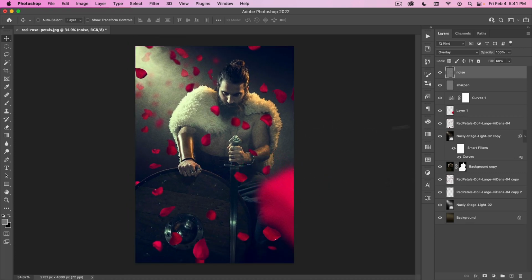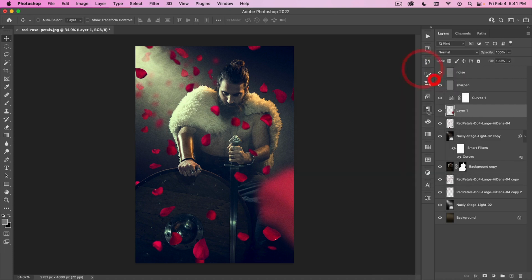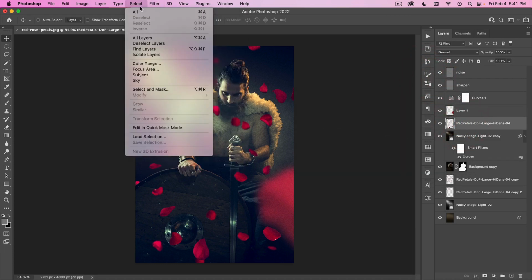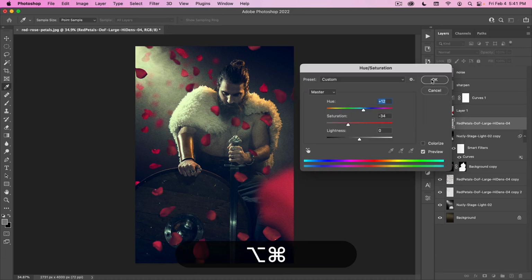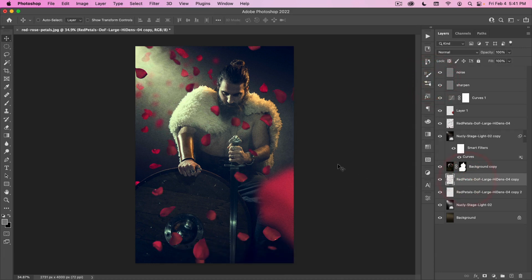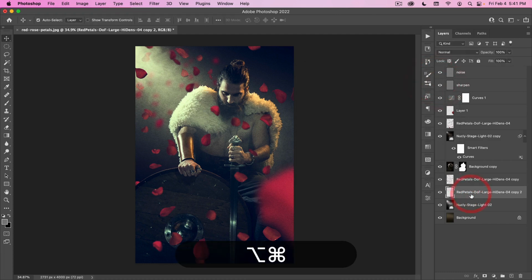I do think that the rose petals are a little bit too red. So maybe I would just go onto those. Do a little bit of a hue saturation shift on those, maybe push them a little bit more toward an orange color and desaturate them a bit. And because I've done it once, I can always just repeat this by holding down Option. And when it brings up my hue saturation, so Option Command U, it's going to apply the same change to when I last had it.